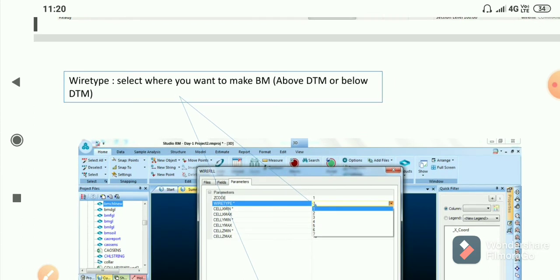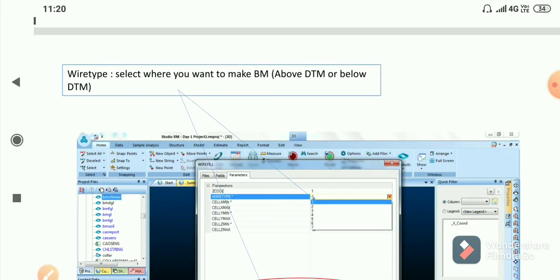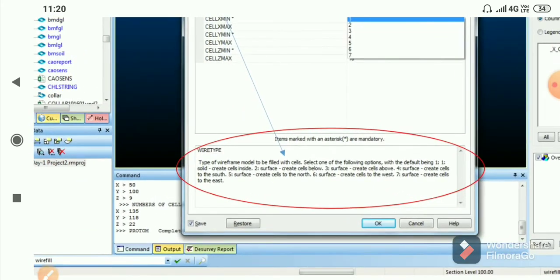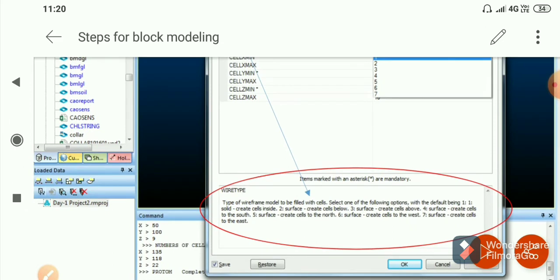Here in parameter it will ask: select where you want to make the block model. The cells which we are going to fill, it is asking whether they will be filled above, inside or outside, and one by one it will give the options. Type of the wireframe model to be filled with cell.